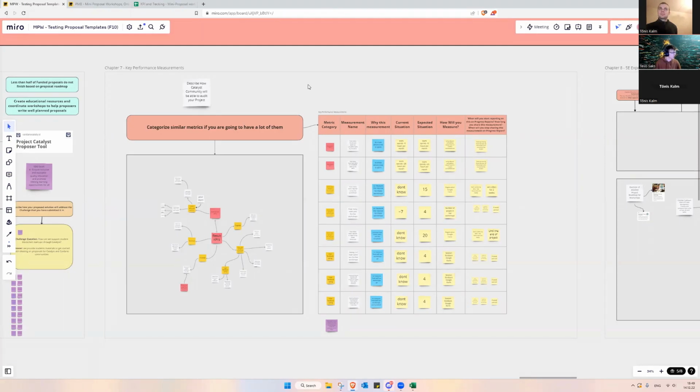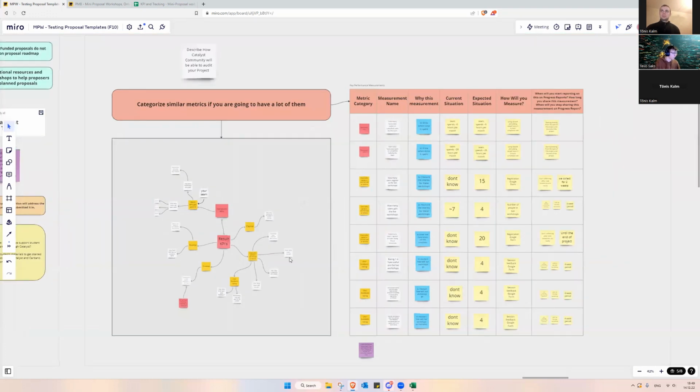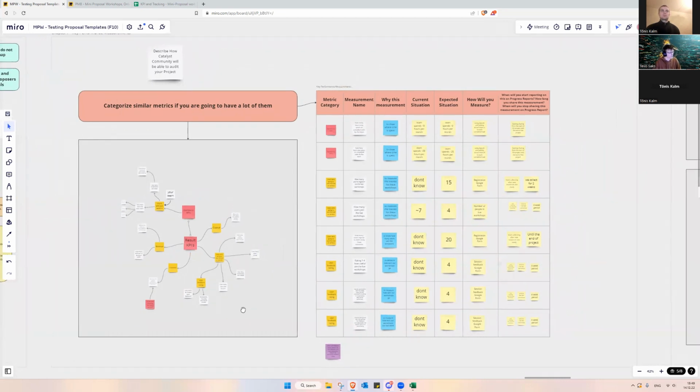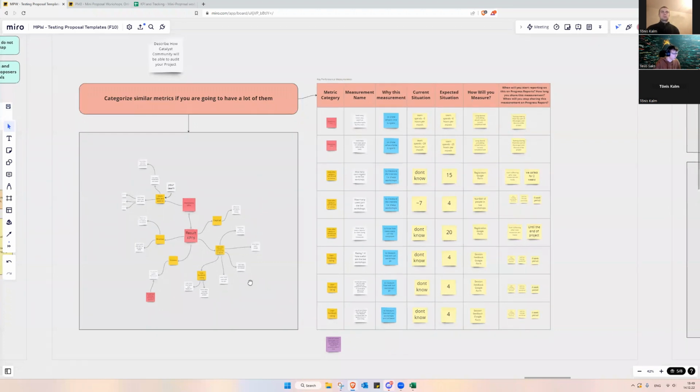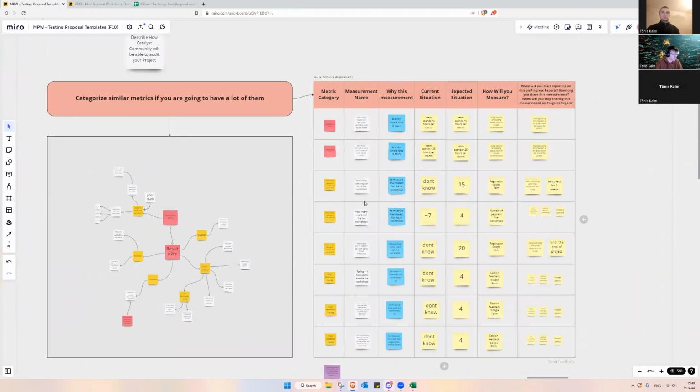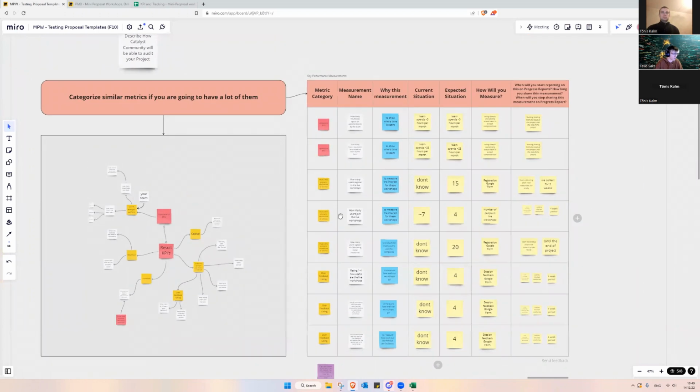We finished chapter 7, key performance measurements. We use the template here to start our thinking process of what kind of measures we're going to use. We went through some YouTube stuff, some other areas, what we could measure, and we stick with 3 different metrics,